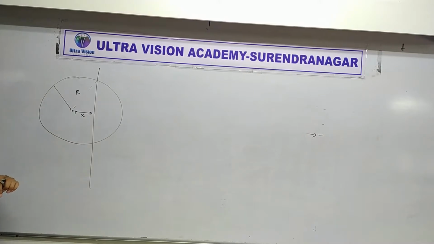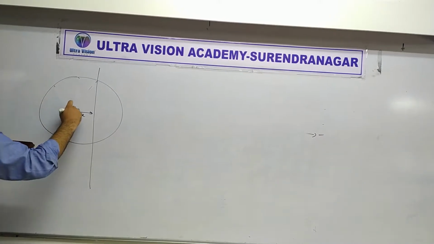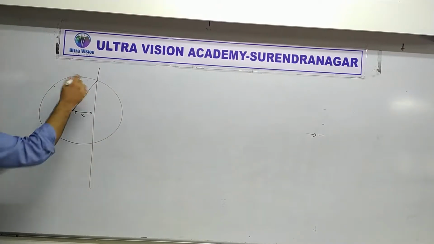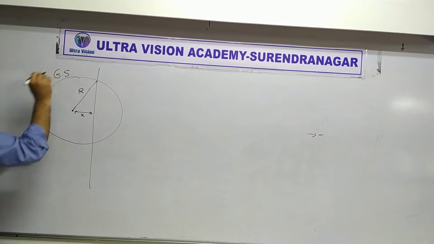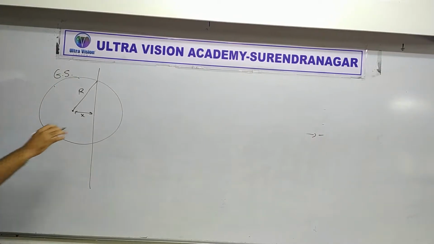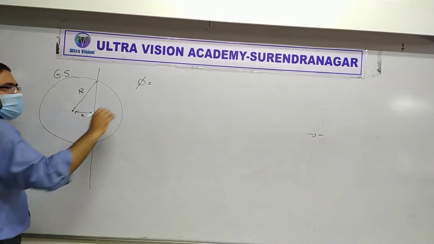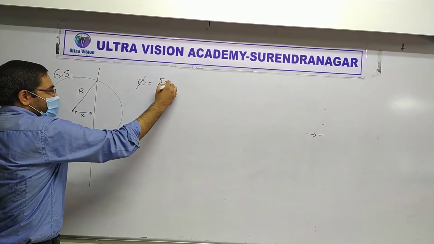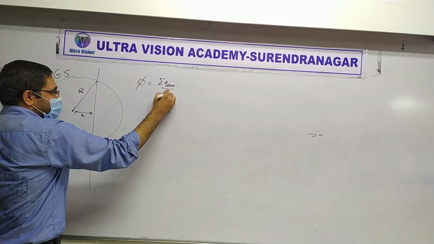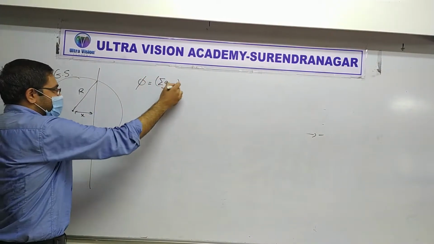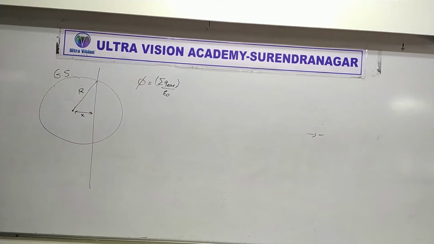You get what I am saying? Okay, but we have to outsmart others. So r here. Now we want to find how much is the flux through this Gaussian surface. How to do that? Phi is equal to sigma q divided by epsilon 0, right? So all we have to do is find the numerator here, and that's it. We will get our answer.